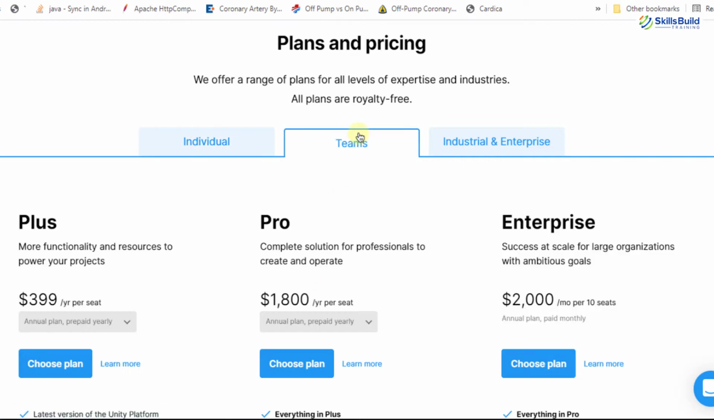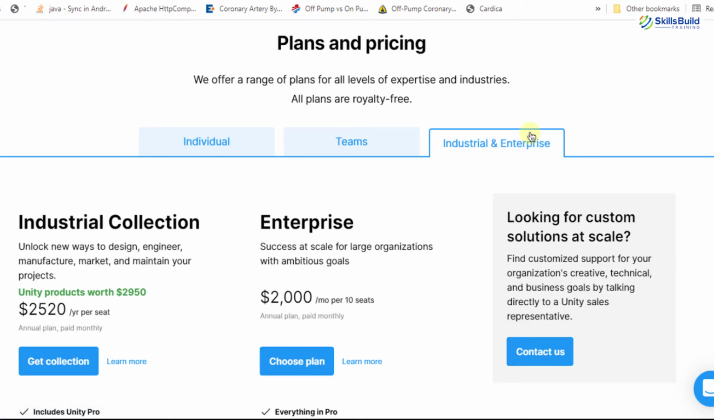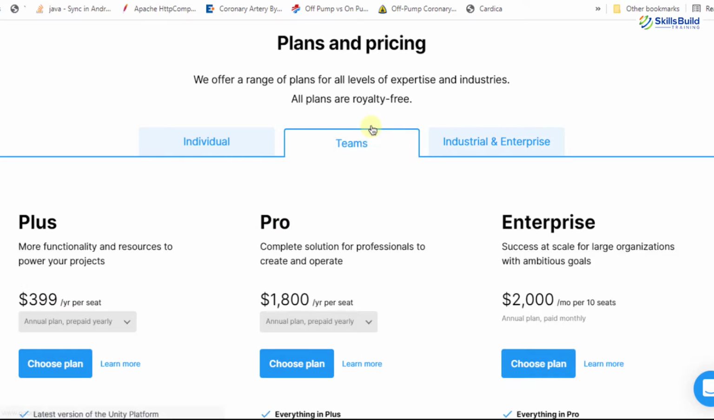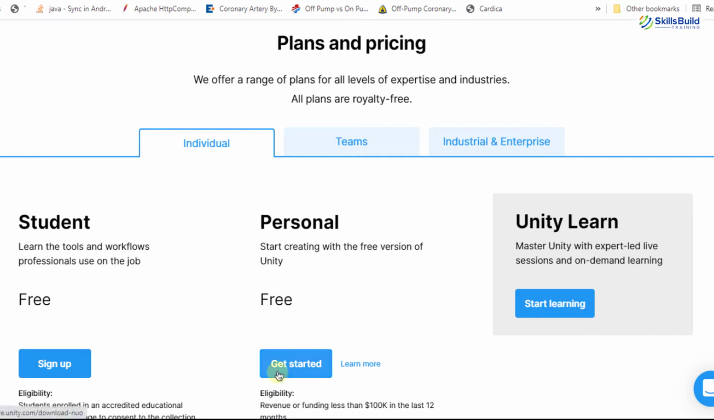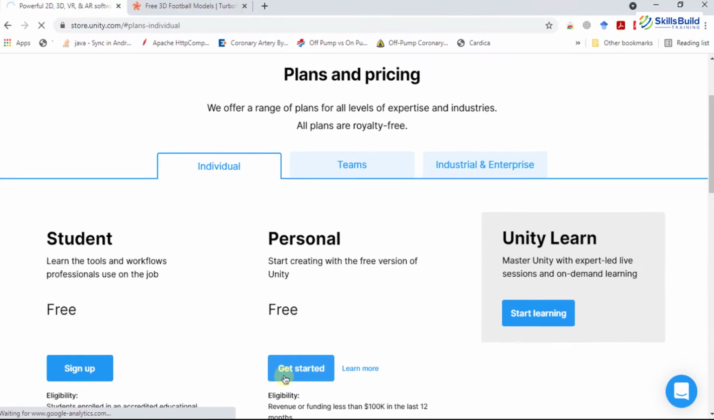Now let's go to teams, and we have three packages here: plus, pro, and enterprise. Now let's go to industrial and enterprise. You have got industrial collection and enterprise. So these are the different packages that you can use. What I'm going to do is click on get started and download Unity